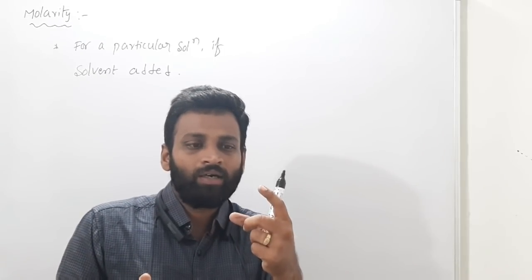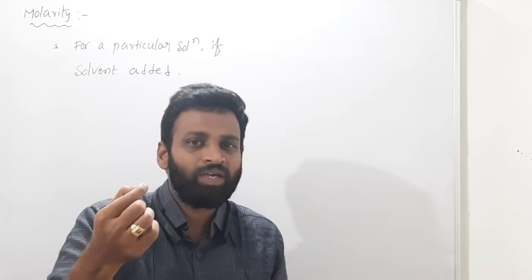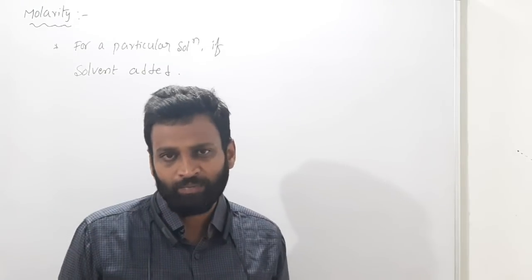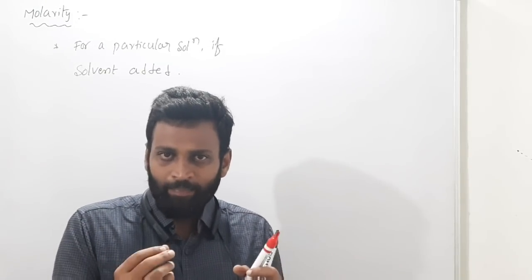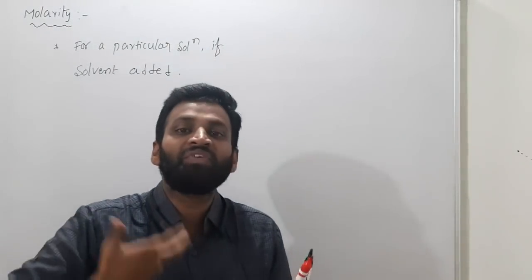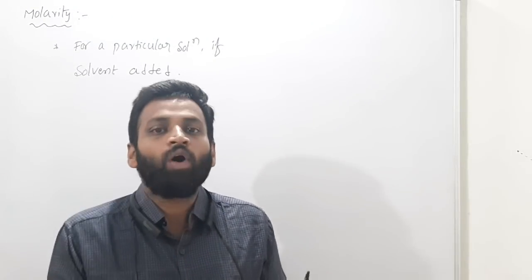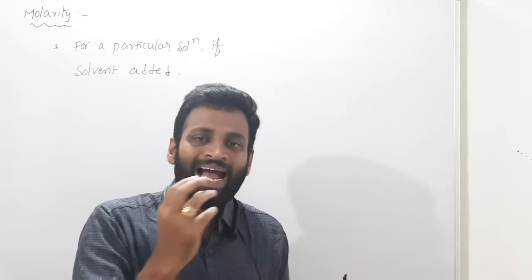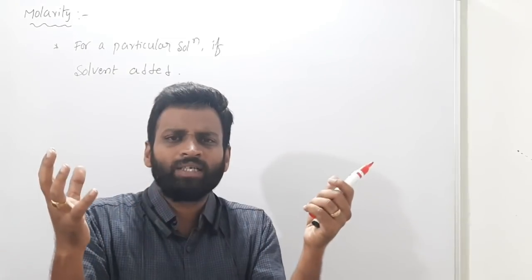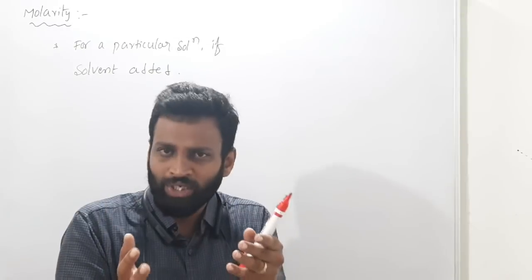Suppose you are having some sugar water. If sugar is very less, then sweetness is very less, and the solution we call a dilute solution. Correct? Same, if excess sugar was added, then sweetness increases. That means concentration increases. Sugar is a solute and water is a solvent. A highly concentrated solution means more sweetened substance.